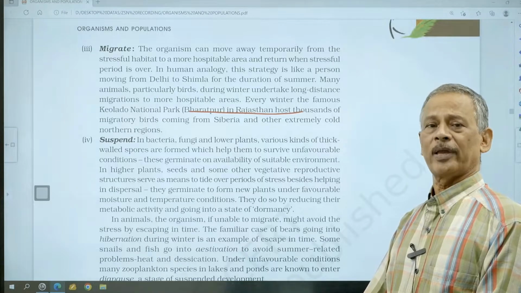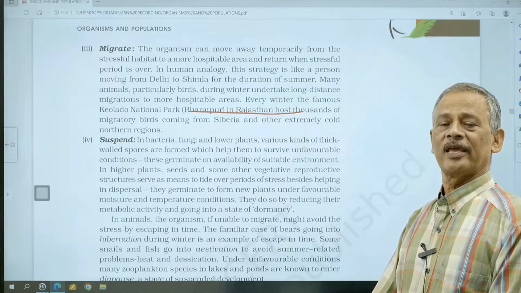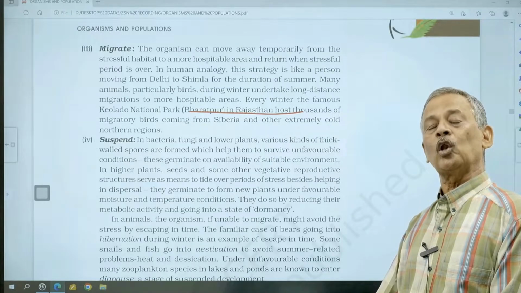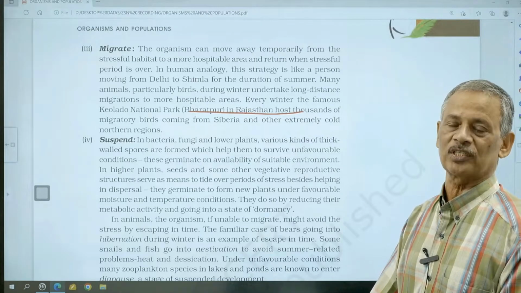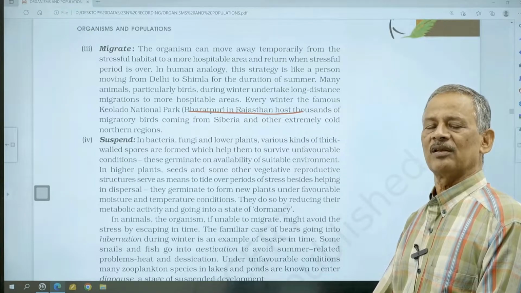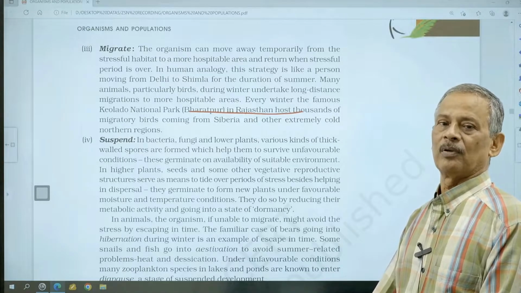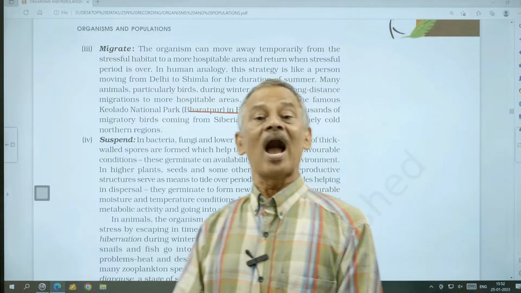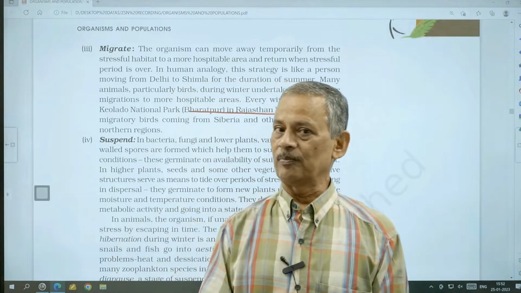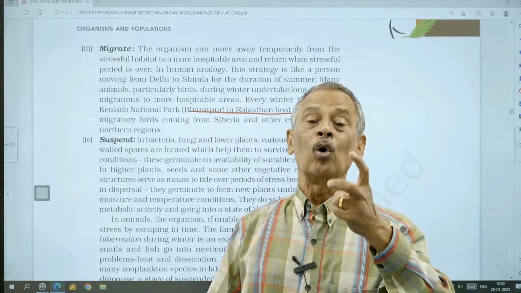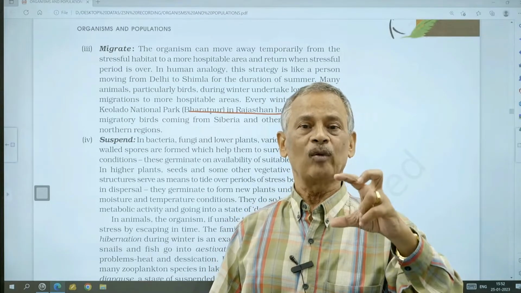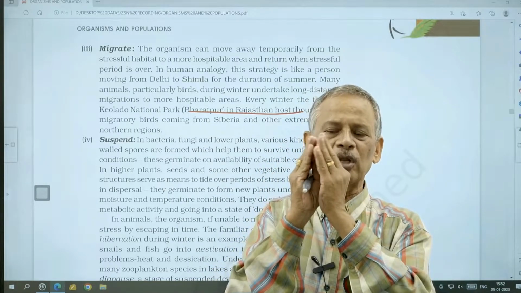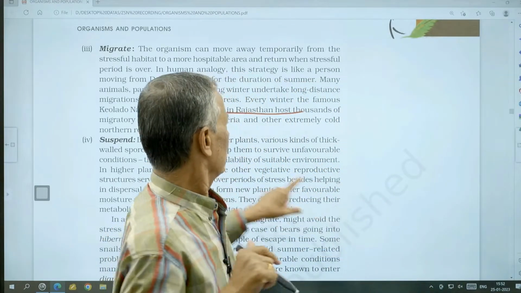Similarly, polar bears, which are living in polar areas, in winter because of extreme cold, stop their activities and enter into a long sleep that may last for months together. That's called hibernation, winter sleep. Estivation is summer sleep. So these are all to avoid that stressful adverse environmental condition. They stop their metabolic activities, bring them to a minimum and go to sleep. Okay, long sleep.